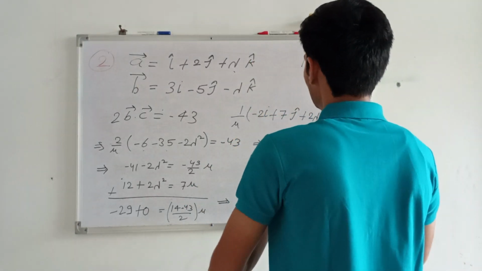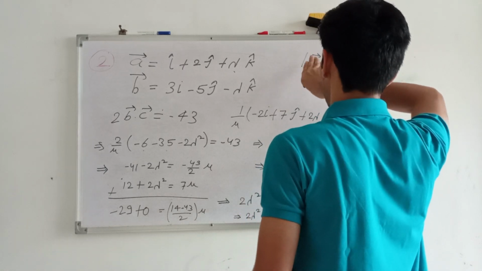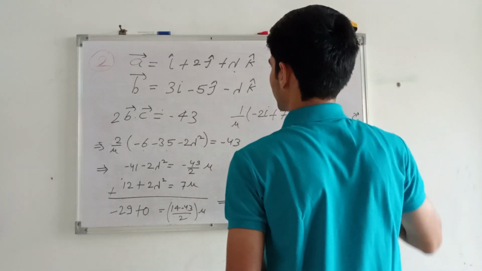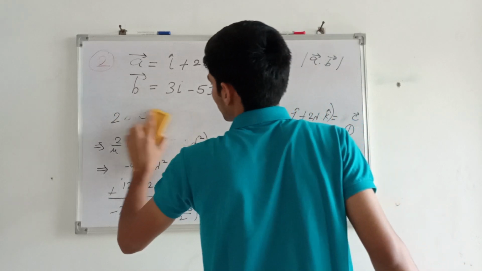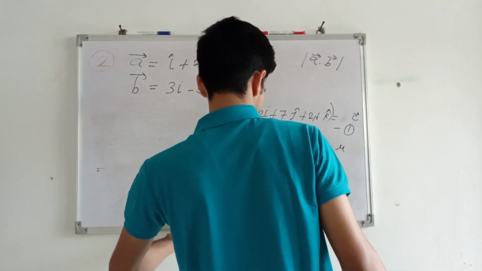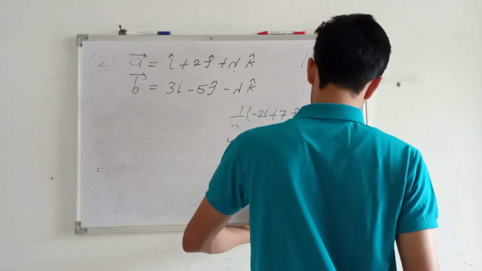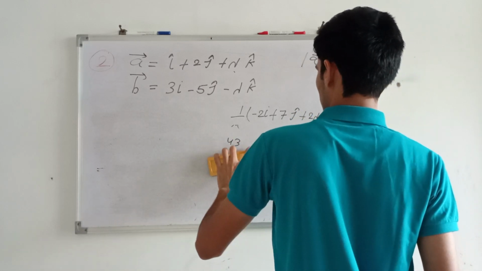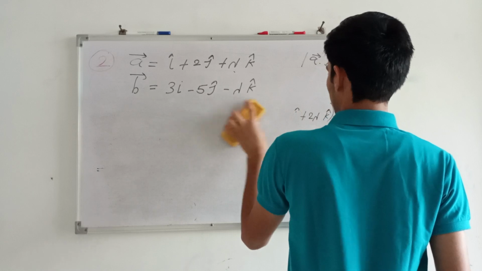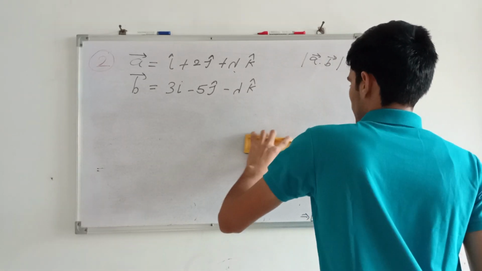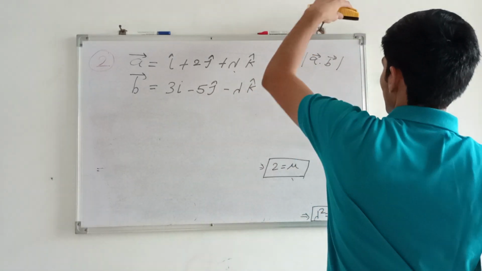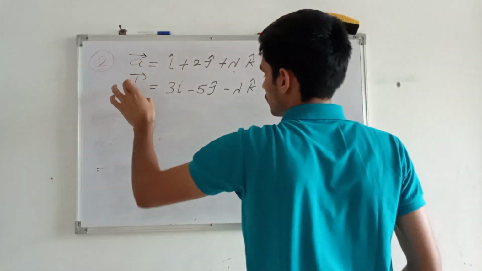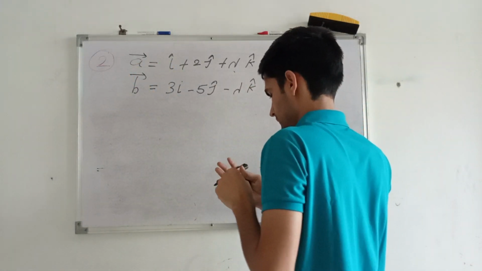Now what we need to find? Magnitude of dot product of A and B. First find A dot B. What we need? We have these two values. We will use them. Okay. Take dot product of these two vectors. We get